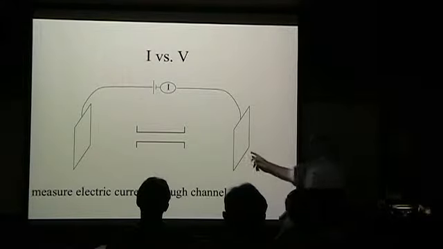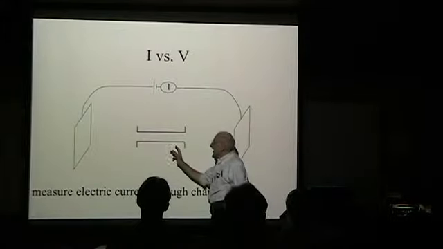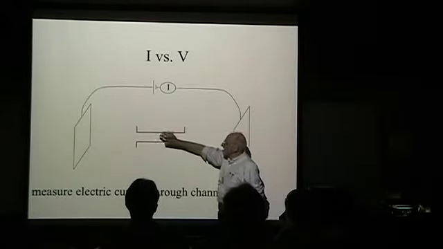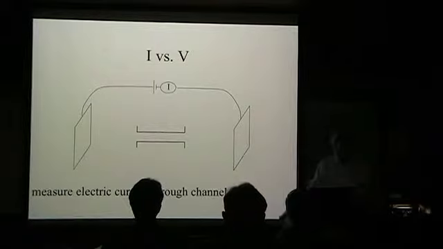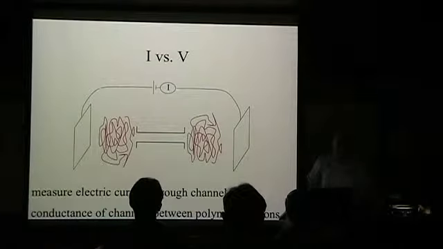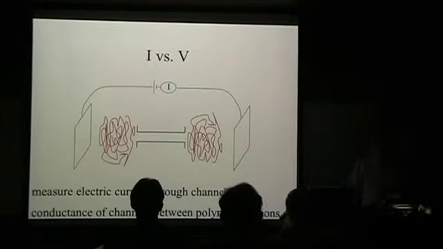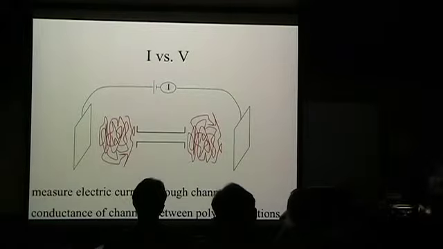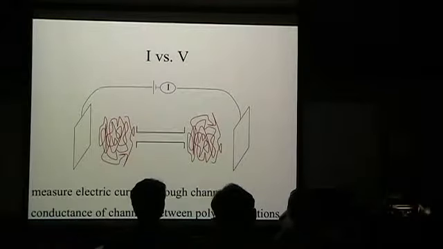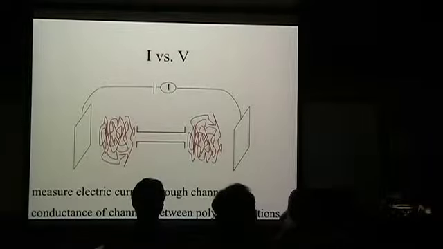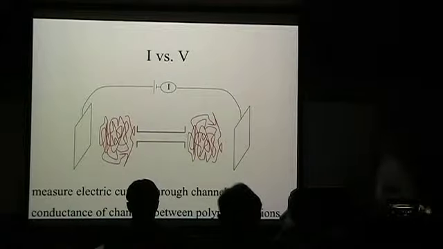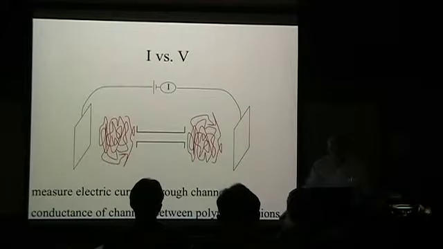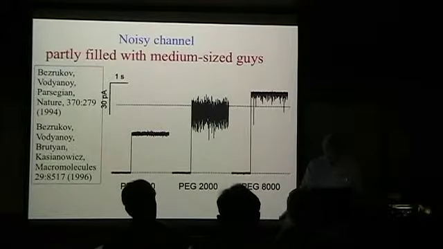So by measuring the conductance and knowing whether there are blockages in here, then you'll know whether something's going in or not. So imagine this case, first of all. Let's say you have a lot of big guys outside, and they don't go in. They're not going to do a whole lot to the conductance. That's an interesting fact, but that's a little bit secondary. So there's one case like this. Your intuition's telling you something.